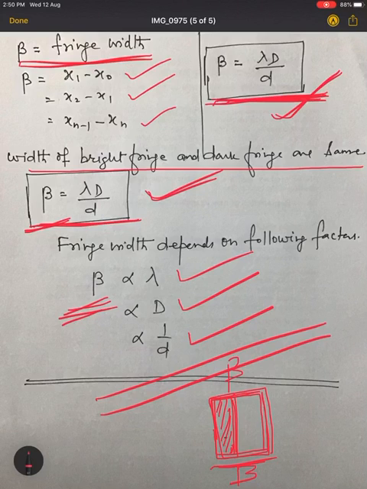And I think that's all for interference pattern, right? So interference pattern is once again very simple, and a simple mathematical calculation we have to do to get the expression for fringe width. And this expression is very important for board examination in 5 marks category. So that's all for this lesson.